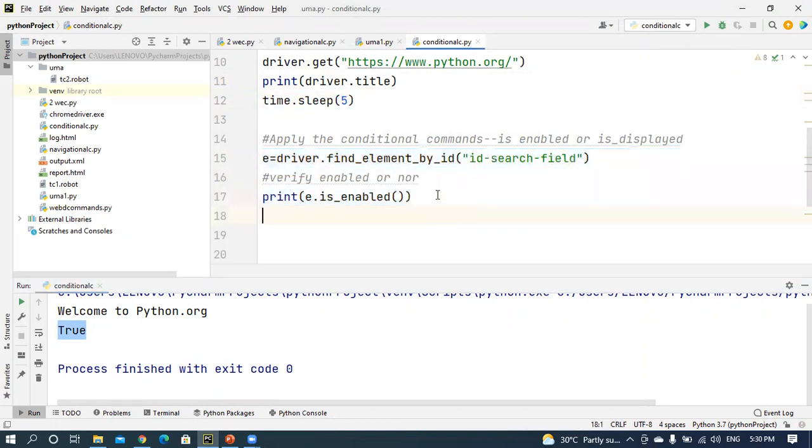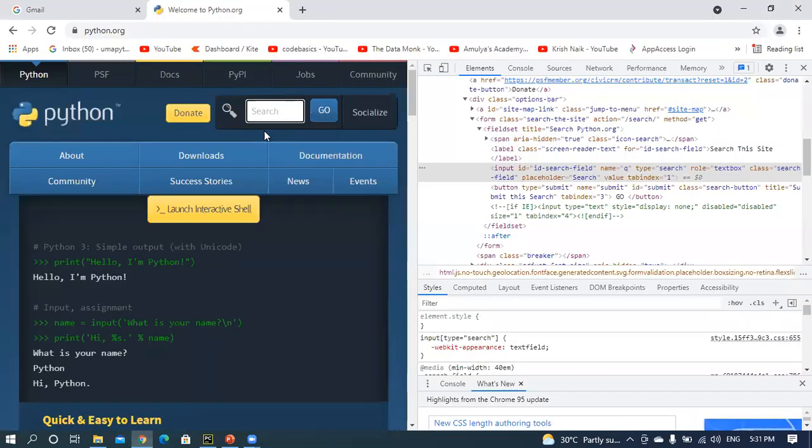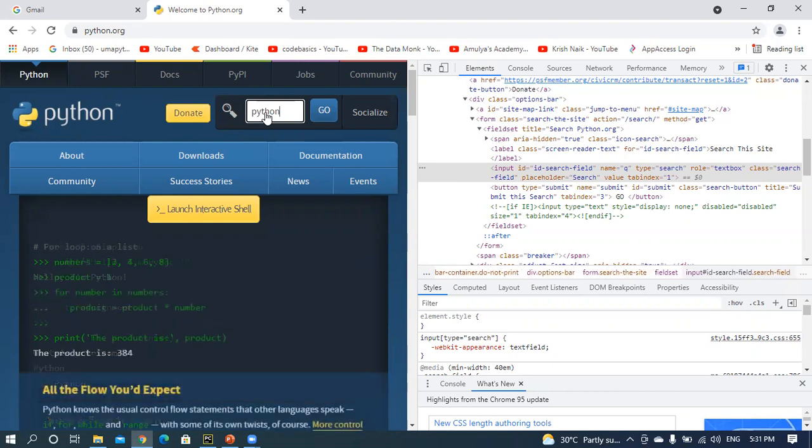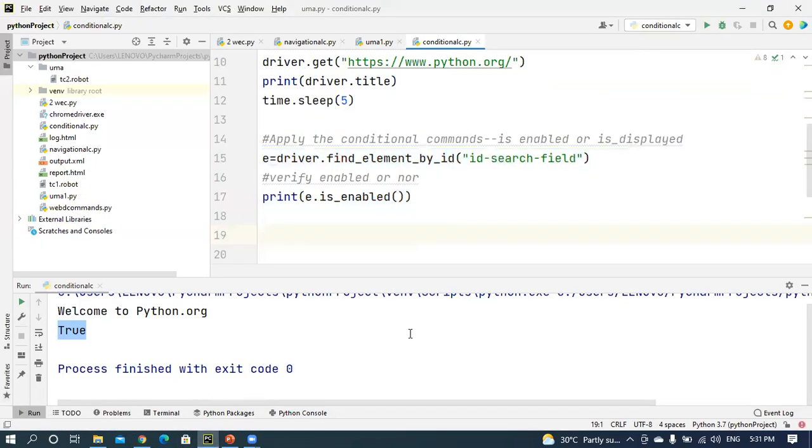How can you pass some value to the particular element? If it is enabled, then I am passing some text. For example, I am searching for Python. How can you pass some text to the input box?